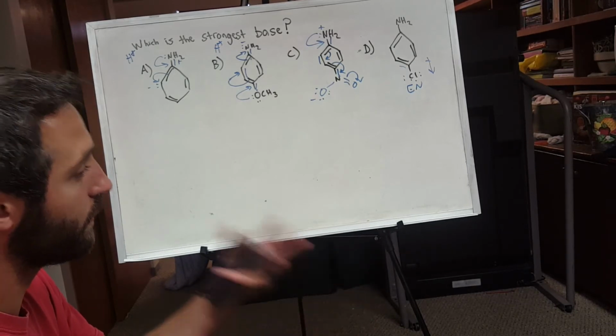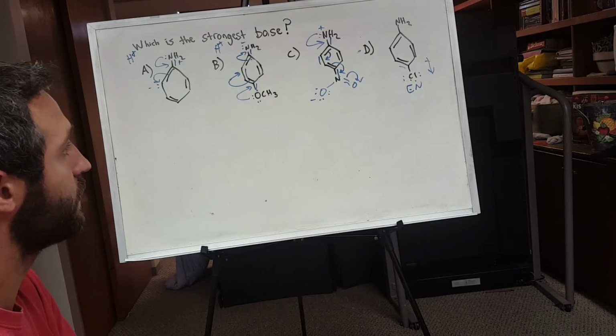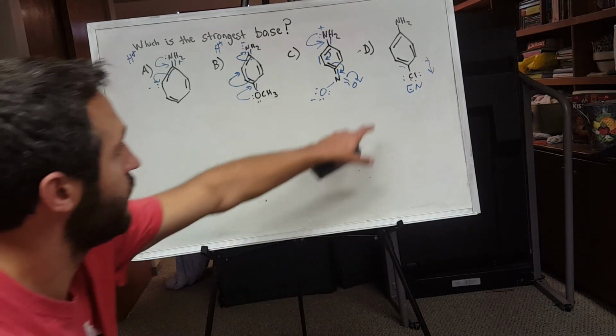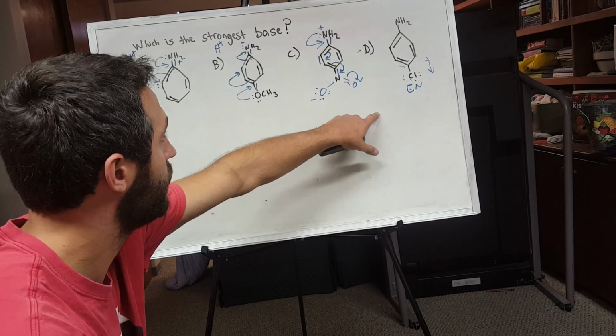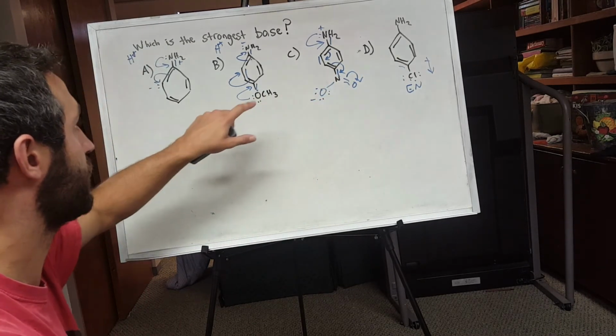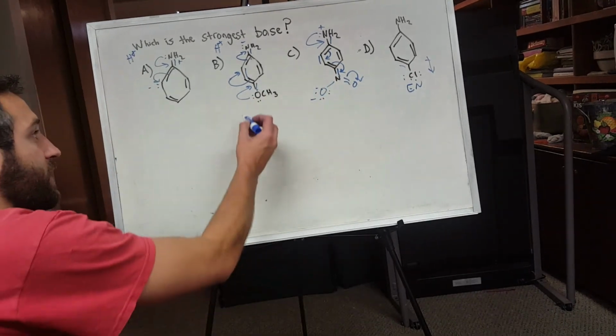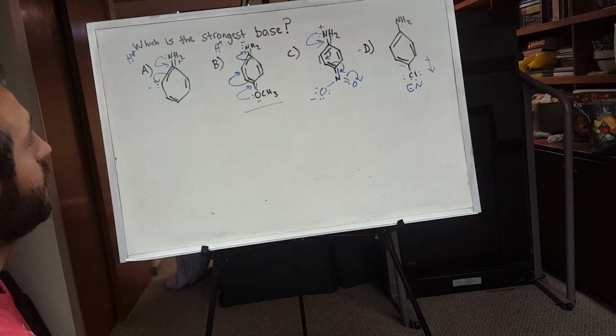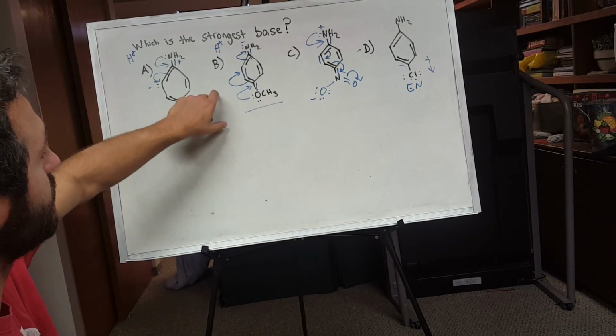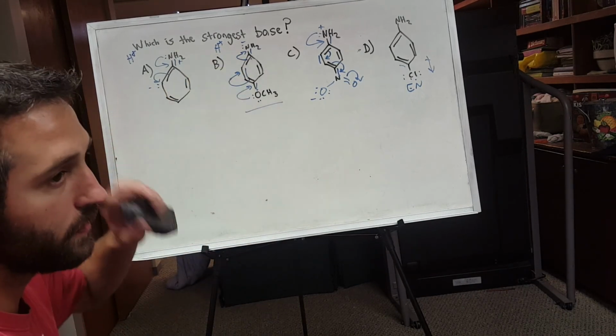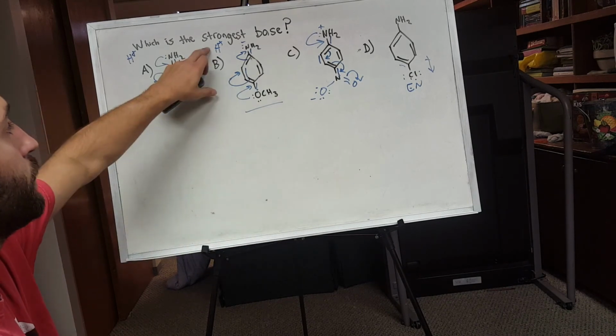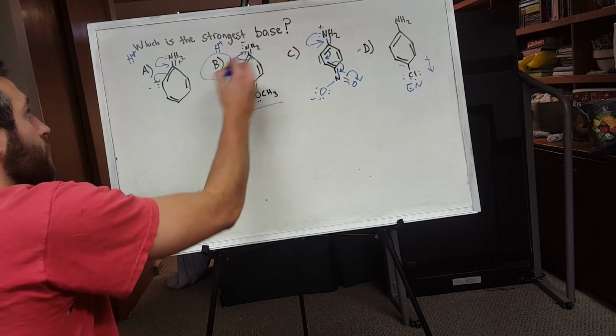the more deactivating, the lower the pKa, the stronger the base. But it's not as deactivating as this guy. It's not as activating as this guy. This is the most activating. It adds the most electron density to this N, making it the least stable, making it most likely to pick up a proton. In the end, these are